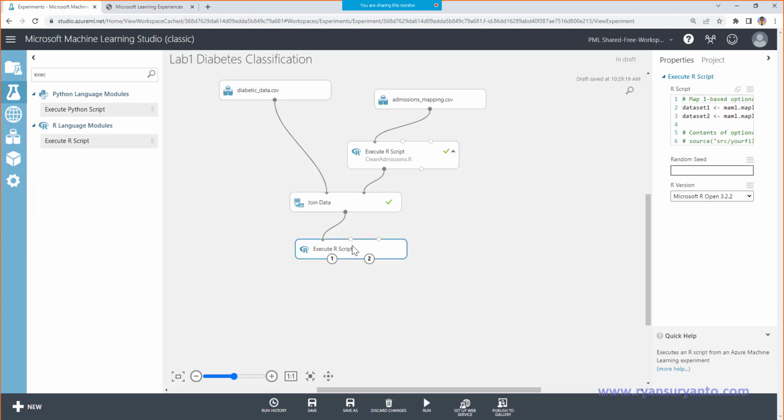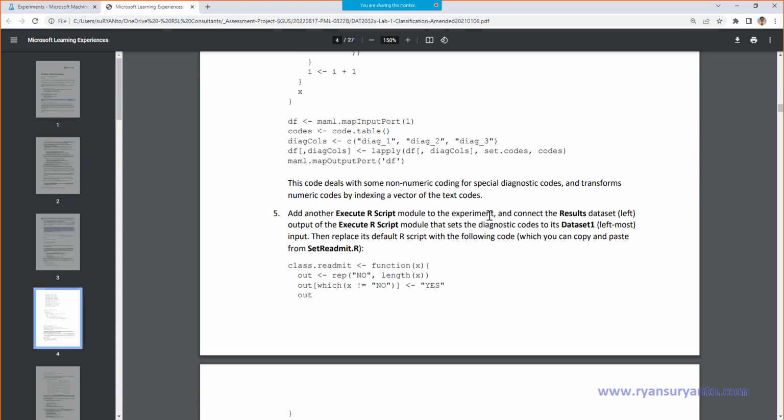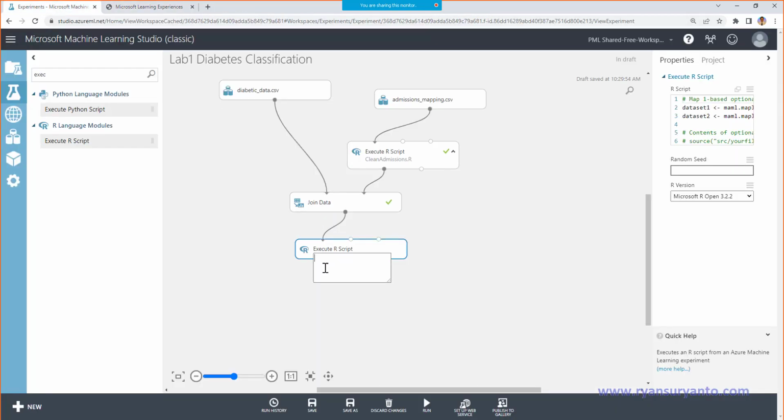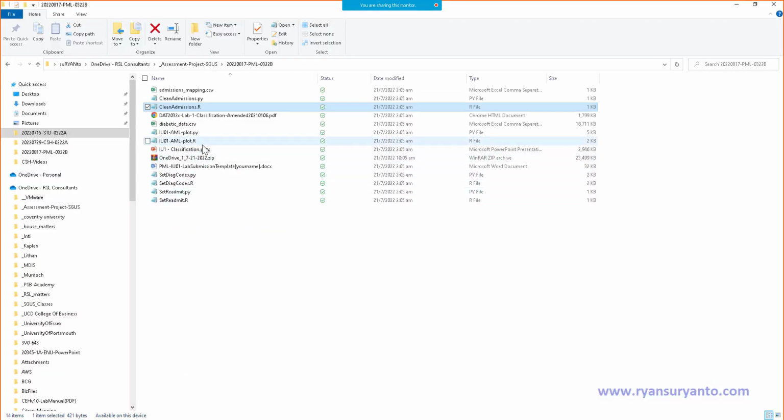Okay, yeah, so for this one, the name of the file is set admit.r. Okay, yeah, then we open the box. After that, look, we are not discussing the content of the code at this moment. Let me just complete first, later we can have a discussion. Set the code for the R.